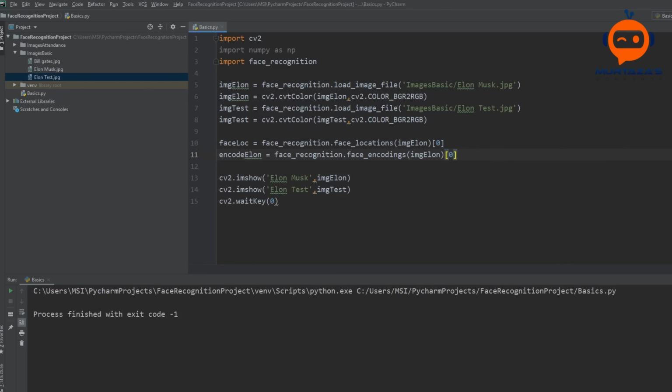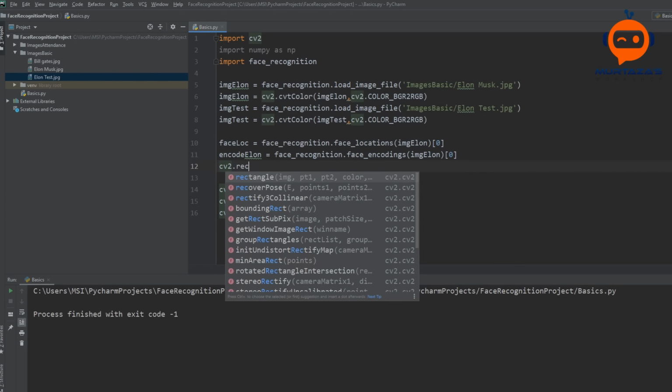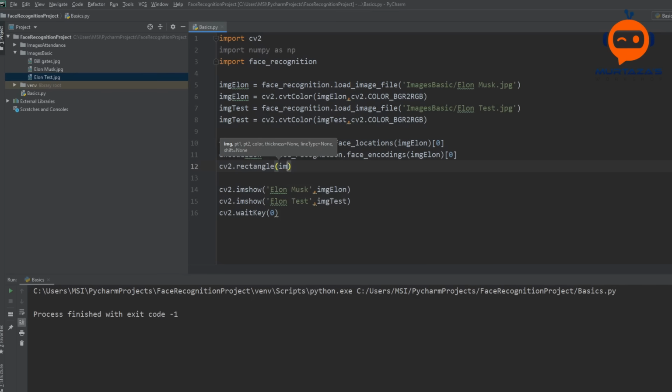And the face locations, right now we are just doing it so that we can see where we have detected the faces. So to see that, we can write cv2.rectangle and we can draw it on imgElon, and then we have to give the location of the face. So now for the face location, it actually returns us 4 values. Let me show you. So let's print this out.